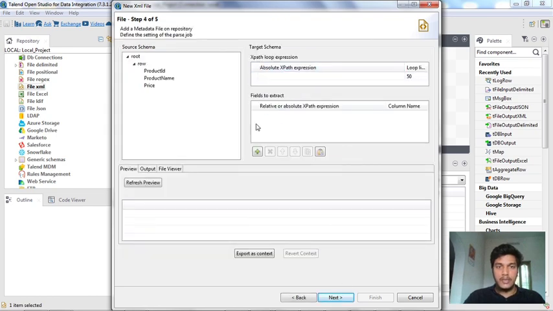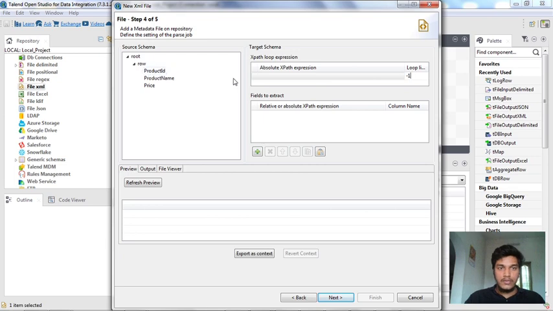So these are the two main things that we need to configure for the XML file metadata. First thing is we need to configure the loop limit. That means how many records you want to get printed. If the count is 500, then you need to keep it as 500. But if you want to loop it for every record present in your XML file, and you don't know the exact count of how many rows, then you can keep it as -1, because -1 will count every record that we have in the XML.